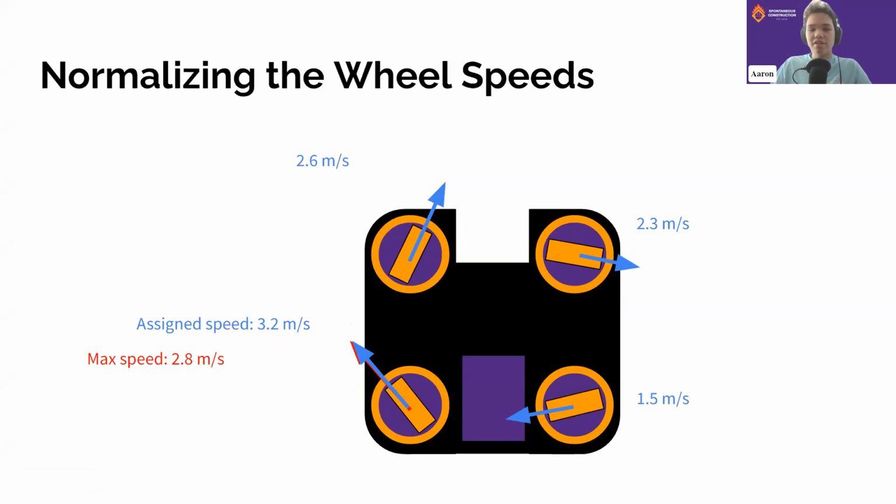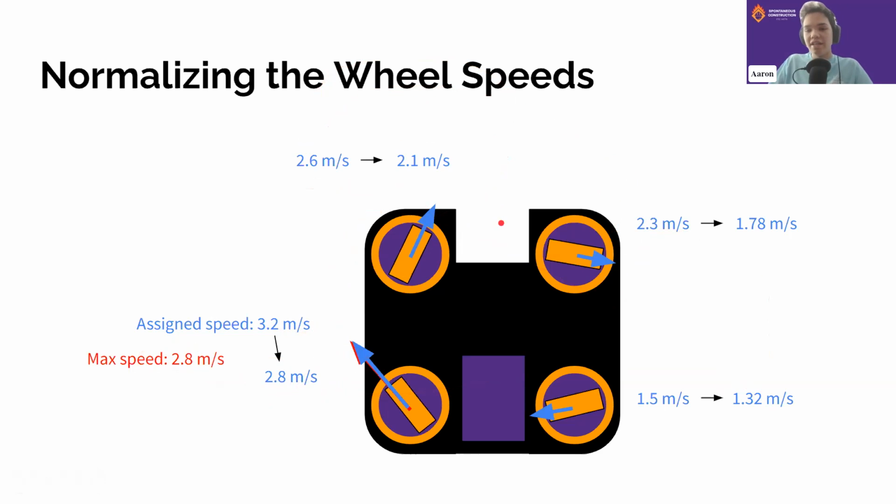A good way to solve this is called normalizing the wheel speeds. Basically, what we're doing is we find the ratio between the highest assigned speed and the maximum speed possible and reduce it down until it's equal to the max speed. And then we use that ratio and apply it to every other pod as well. So, for example, if this one's reduced from 3.2 to 2.8, then the top left pod would go from 2.6